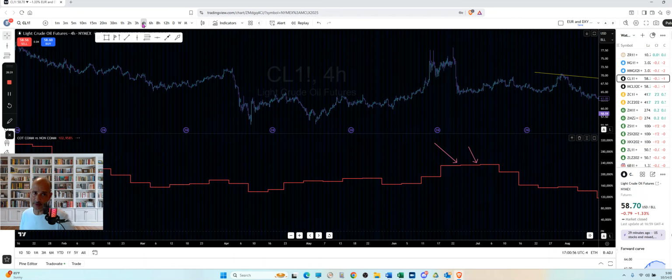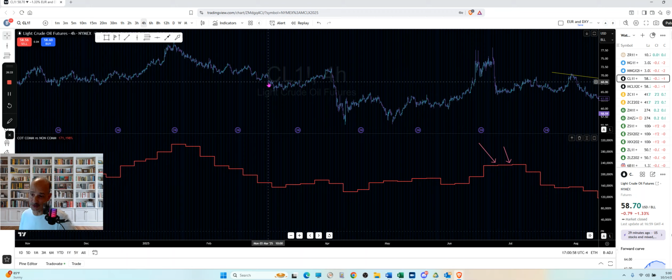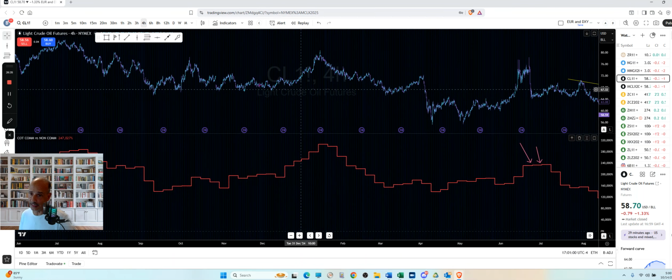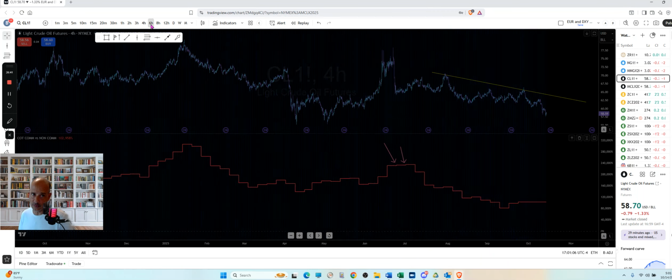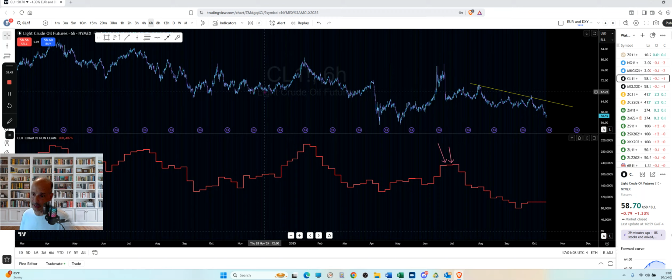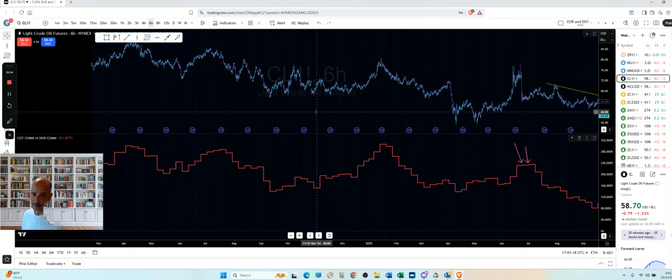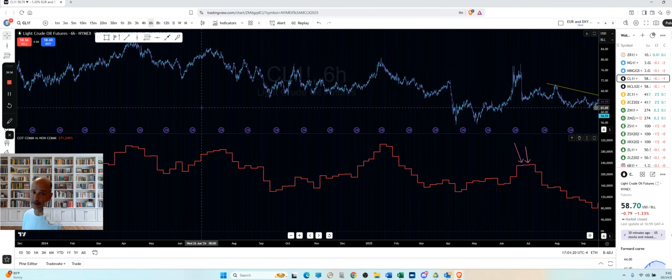So I would recommend the 4 hour chart at the highest. And even then you have to really zoom out on price to see this. Okay, but you can do the 4 hour, but you start to go out to a little bit higher time frames, like the 6 hour is a nice one. And you can see these stair steps. All right. And again, I would say go back and test this, because it's pretty good at giving you an idea of where the market's going to go.